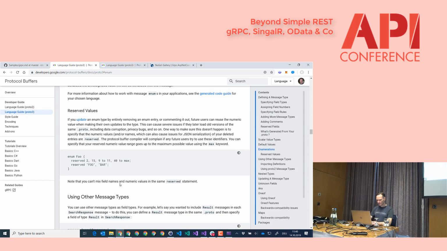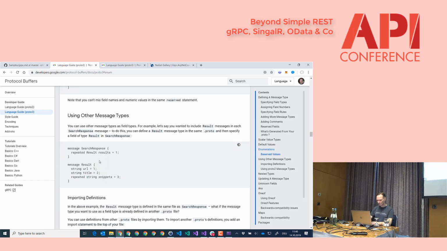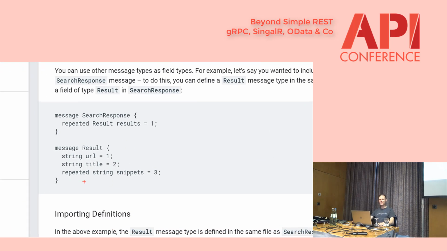What else do we have? What else? Yes, here we see multiple things which are interesting. You see a message, and this message is part of another message. This is the thing that I told you before. So in this case, we define a message type, which is called result, and that result type is included into search response. And the interesting thing here is that we have a modifier here that we have to talk a